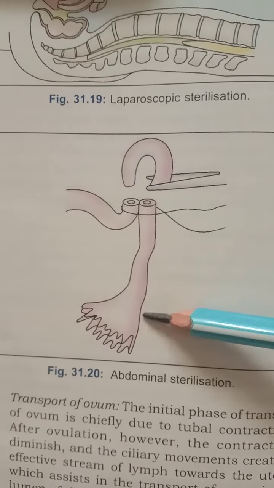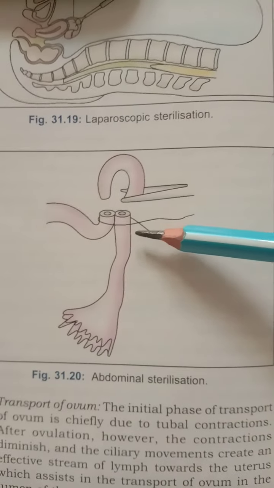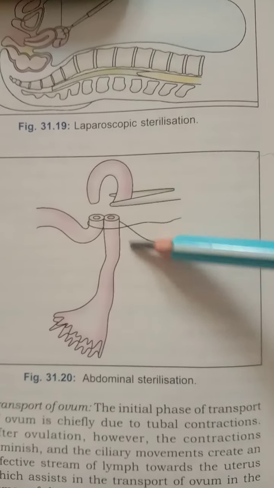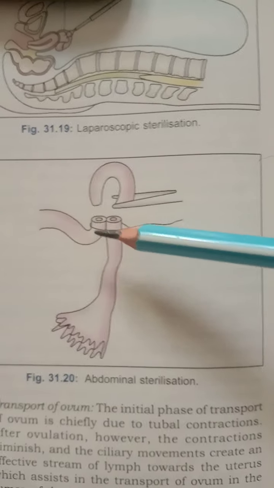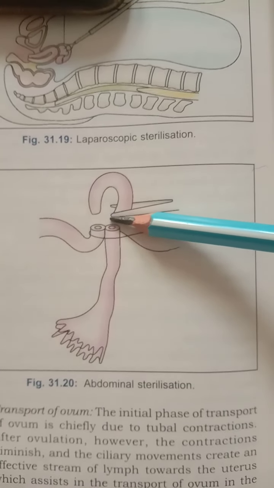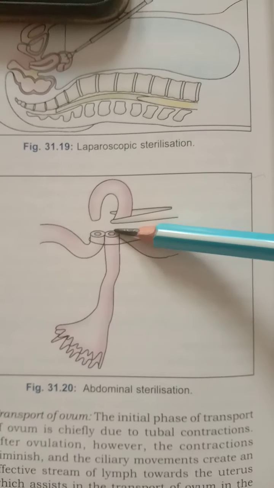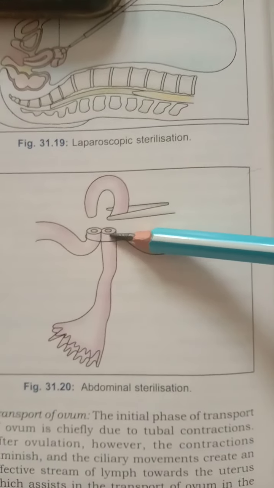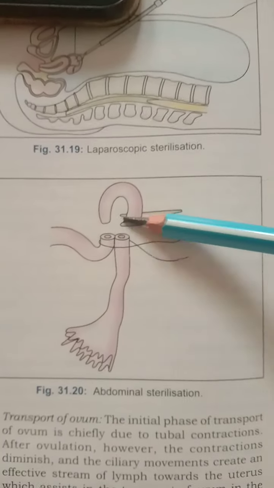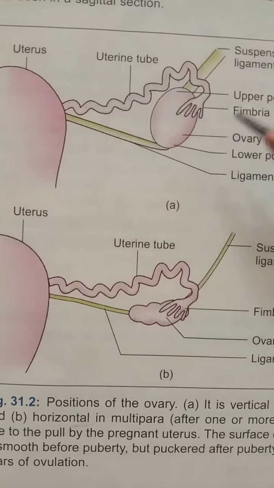Then the tubectomy. It is an operation for female sterilization, and in this procedure each fallopian tube is ligated at 2 points, and the segment of the tube between the ligatures is resected. This prevents the meeting of the male and female gametes, and hence no fertilization, and this is the ideal method for family planning in the female.